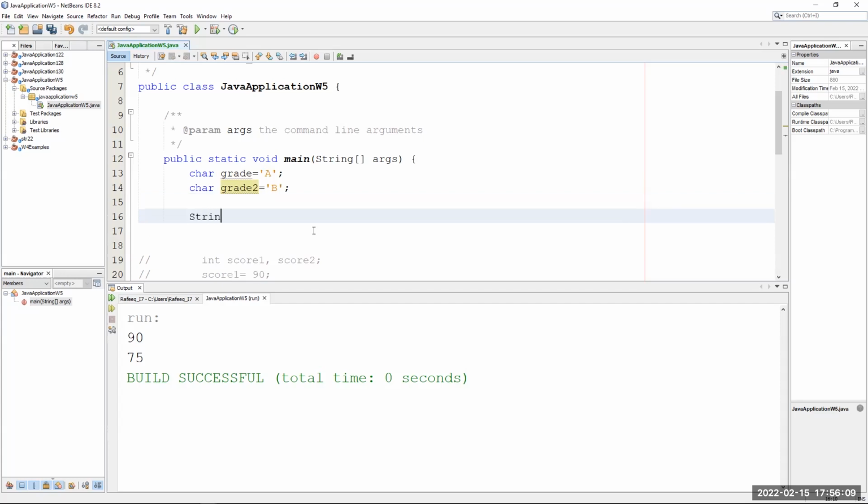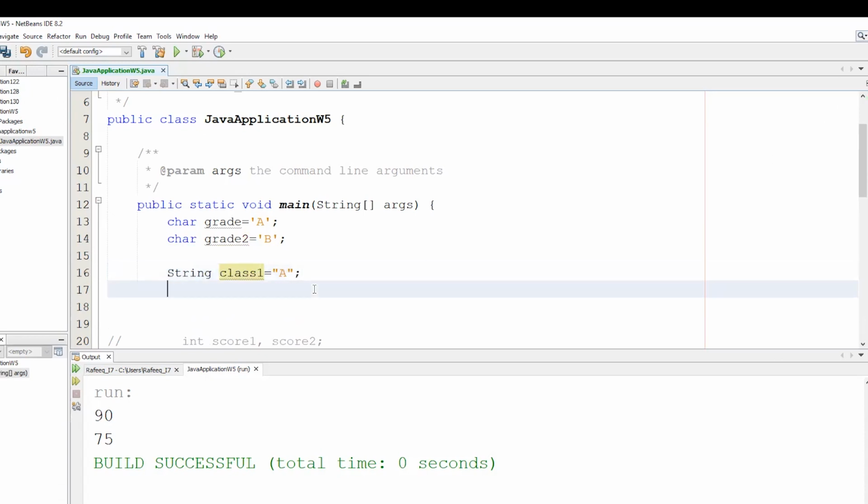So let me show you string. If I want to declare a variable of type string, class is a reserved word, so class 1. I will say class 1 is the variable of type string, and I am initializing it to A. Even if this has just one letter, this will be considered a string because first we have double quotation, and the main difference between this line and this line, okay, is that the first one at the top is a letter,